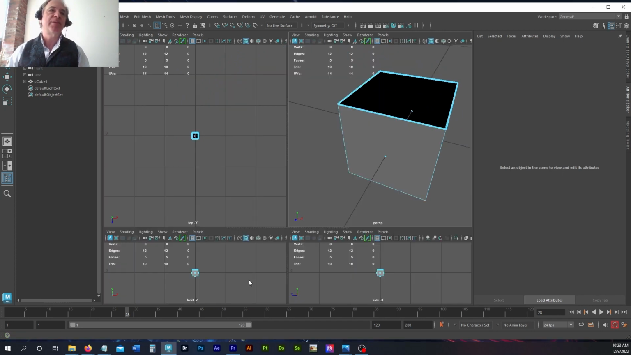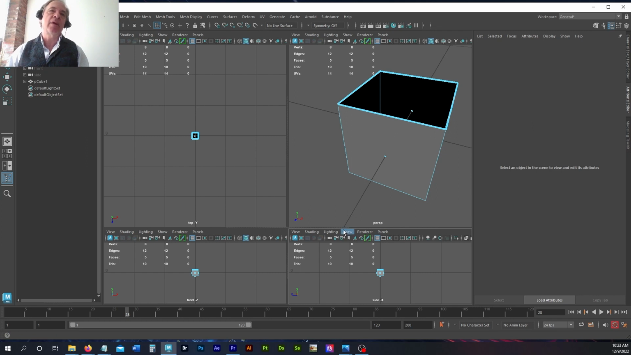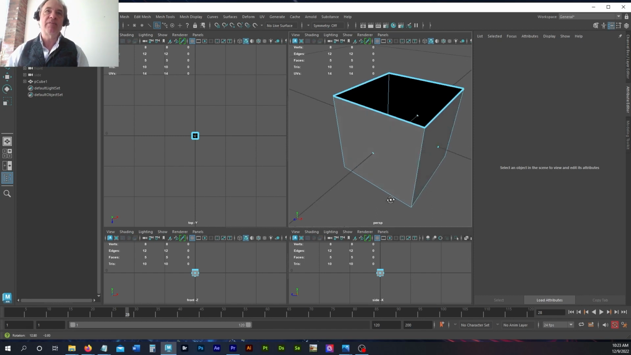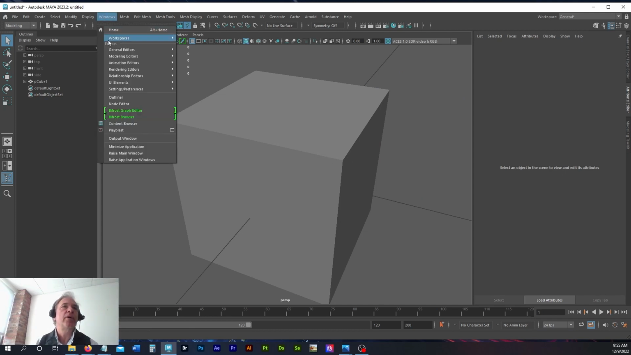And if I want to travel between the views, spacebar really fast, I just move my cursor to any panel, hit the spacebar, and there it is. But I generally work in quad view a lot of the time anyway, so I can work in the perspective view and then check my work in front and side. So I'll jump back up to Windows, Settings, Preferences,